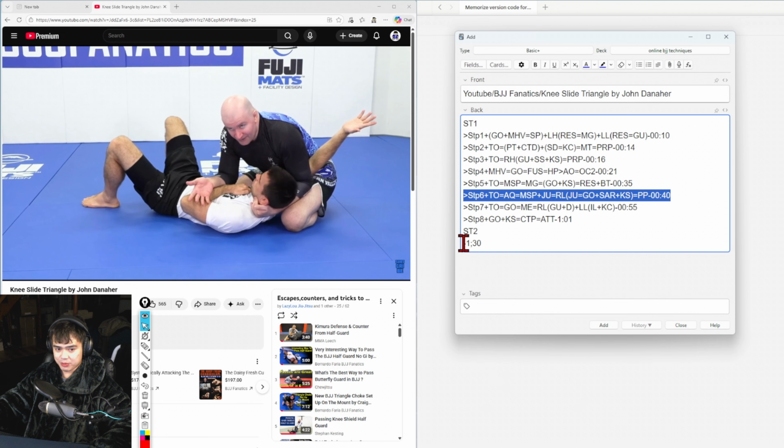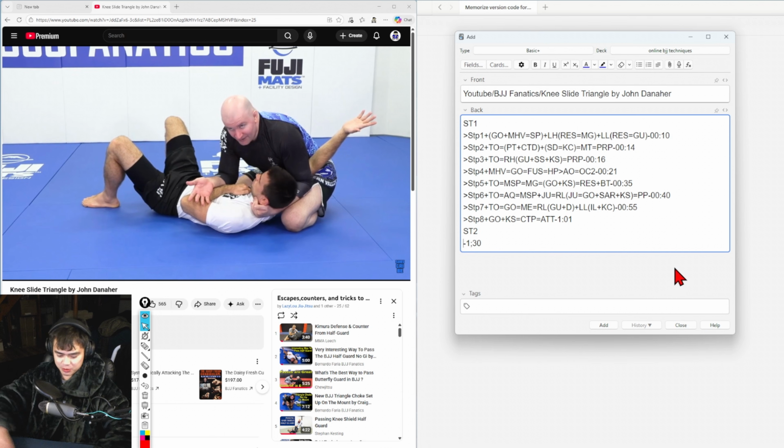This is how I type out the bookmark. This is why I use situation one, situation two, step one, step one. It's basically a way to bookmark things much easier. So this is what the bookmark will look like. Step one plus, okay, so situation one, this is where going down from, dash,